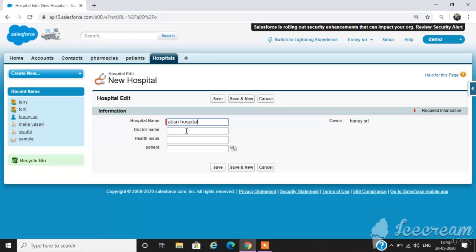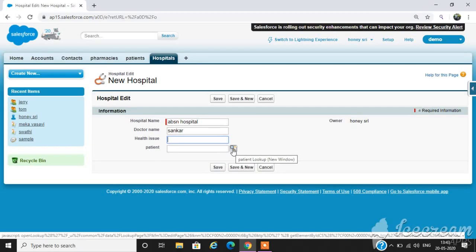Here I am entering some duplicate values as this is just an example. Or else you can also leave those fields which are not required. Here we can observe patient field is created with lookup icon.